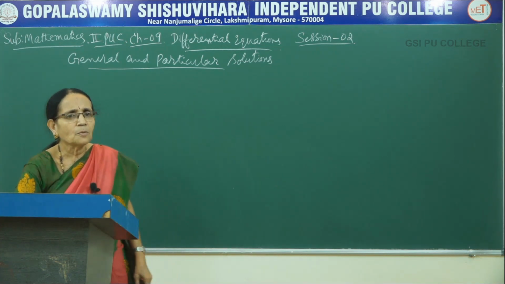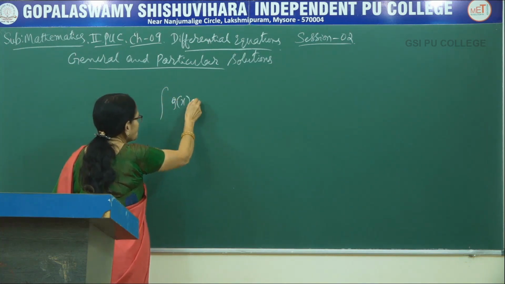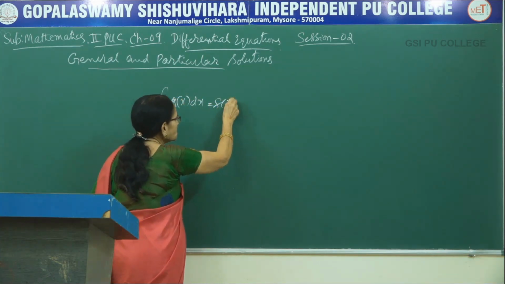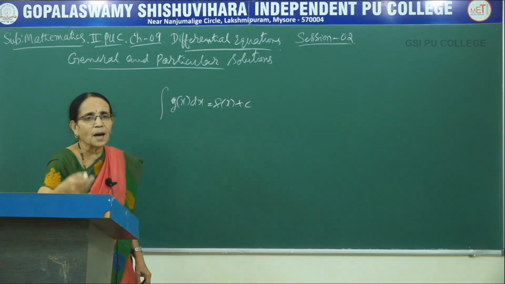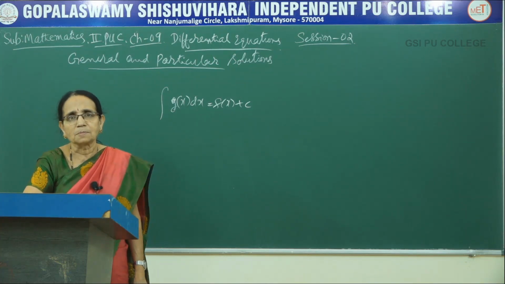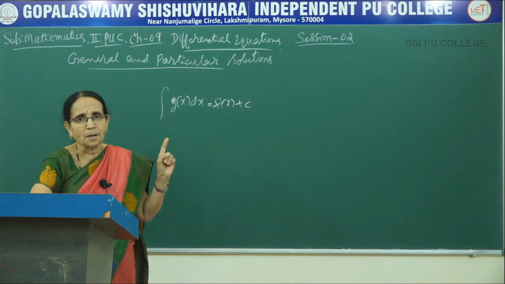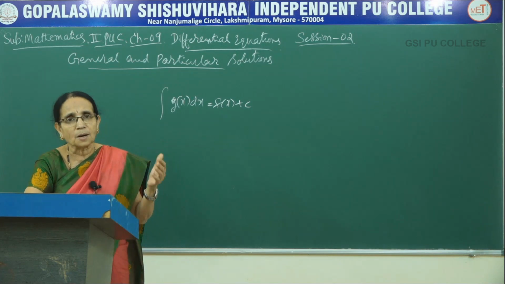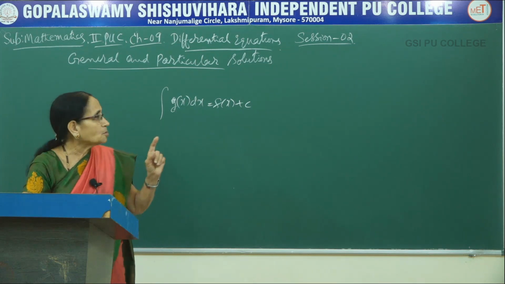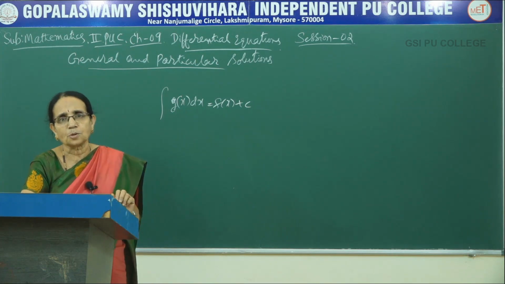So, you know that whenever we do the integration of any function, say g(x), always we write a constant. We add a constant. What do you call that one? It is called an arbitrary constant. That is, whenever we do the integration of any function, a constant would be added, which we call the constant of integration; here we call it an arbitrary constant. So, when the solution involves an arbitrary constant, we call it a general solution.